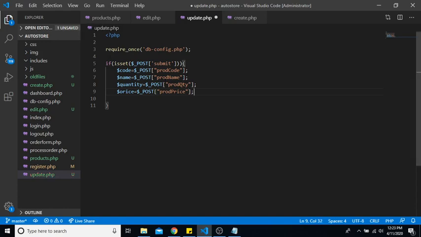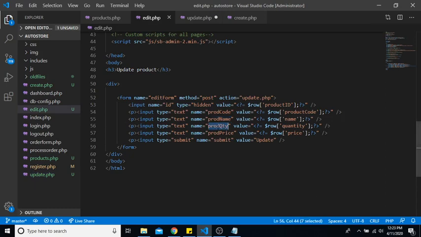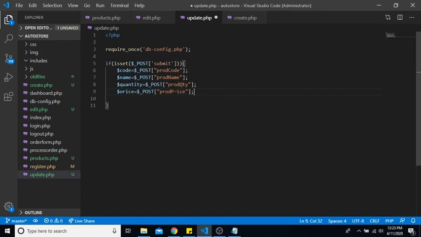Right, so to ensure that you have not made any errors, it's very easy to just go ahead and copy those values over to our update.php file. So now that we have created, okay, this should be price. So now that we have created shorter variable names, and let me just put a little space just so that it's a bit more readable. Now we can